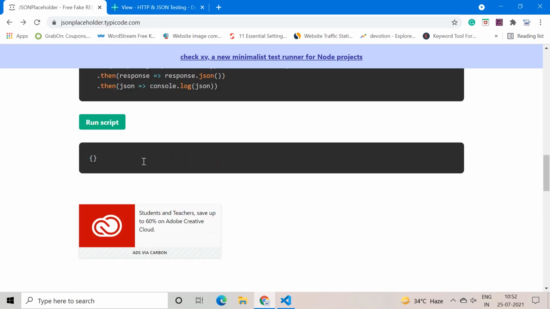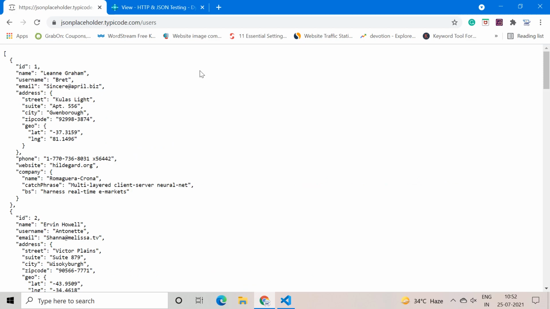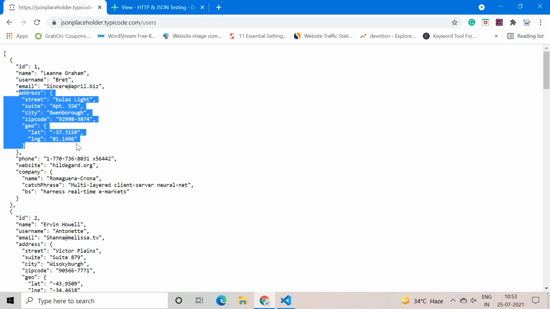Okay, so as you can see, we will see this function or this page, users. In this page, we have this complete JSON data available, and let's say we have these results like ID is equal to 1, name, username, email, and then address also in another braces. So it is in itself a separate object.